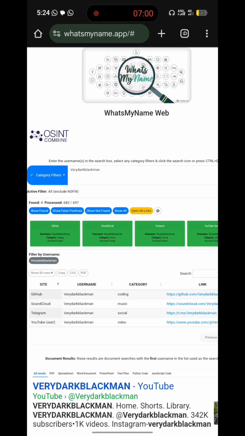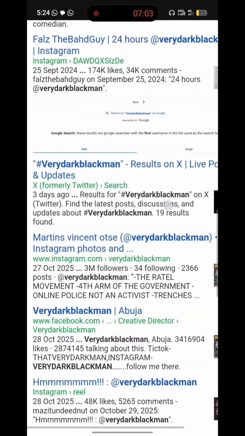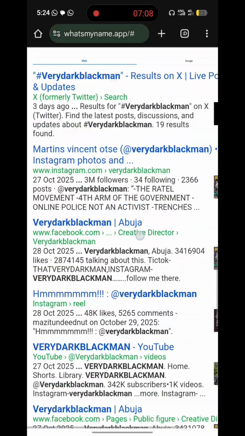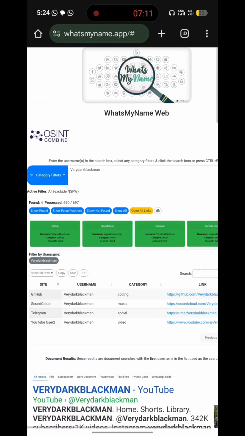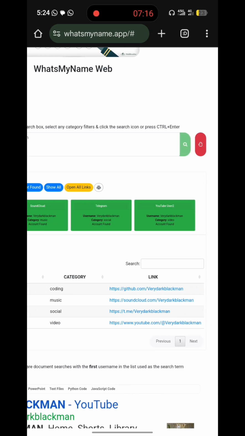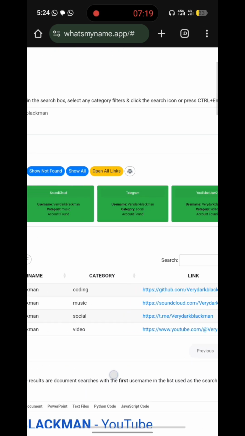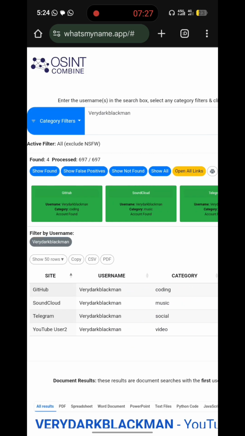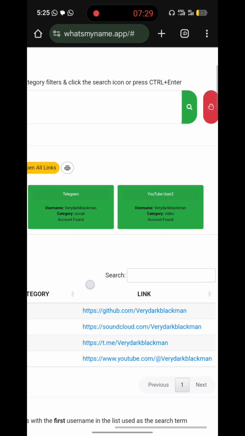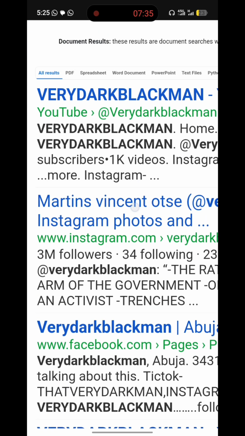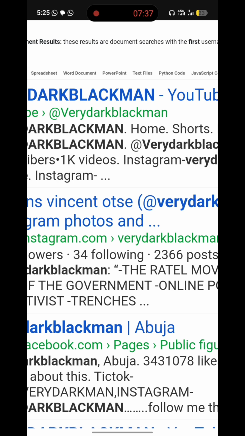Of course, this is not all, because if you scroll down the page, you see a next option there. So it's a whole lot of information about the particular subject. You can see the YouTube, you can see a whole lot, right? The social media, I guess this is probably WhatsApp, or not, I guess this is Telegram. There's a whole lot of information down here. And then there are also PDF sheets, spreadsheets, Word documents.